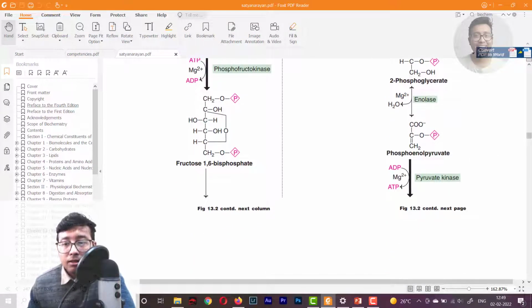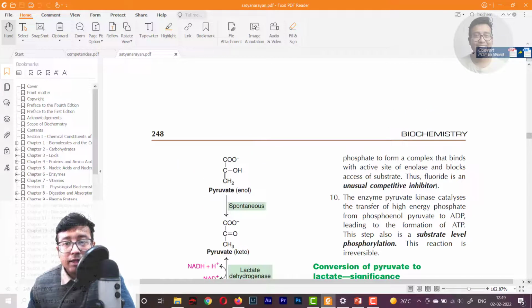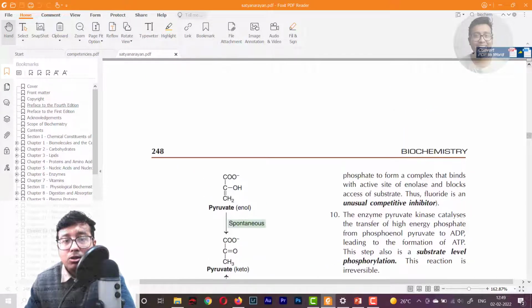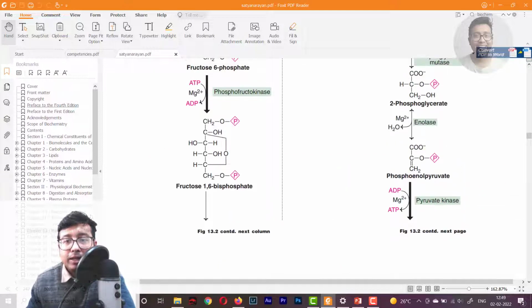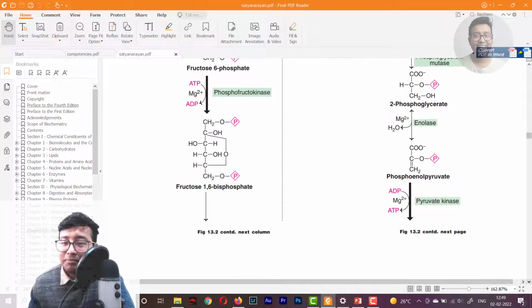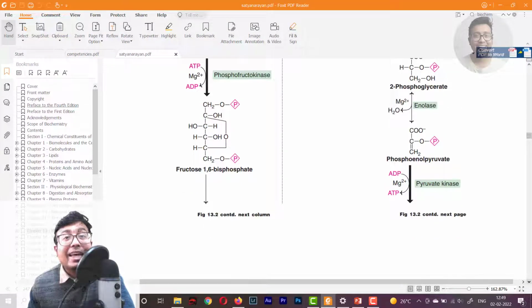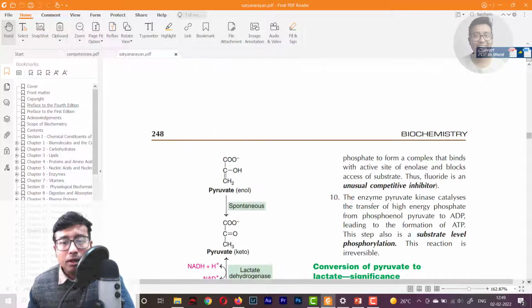So the 3 irreversible steps I mentioned, you need to know, and also the steps where the ATPs are produced and generated, that you also need to keep in mind. So total ATP calculation from one molecule of glucose, if it undergoes glycolysis, both in aerobic and in anaerobic scenario, how much ATP it will generate. So there you go. Next,